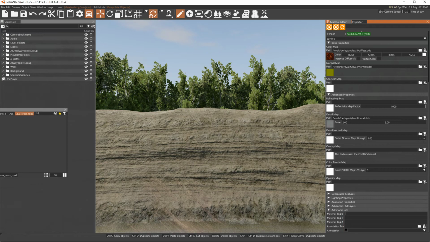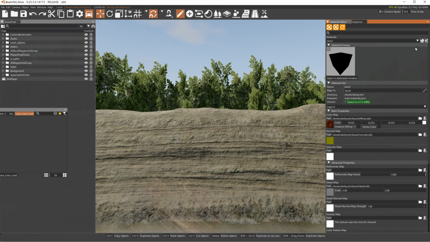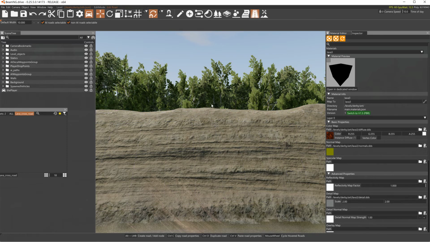the first one, well, one is 0. Put road and path with capital R, capital A, capital P. And then the next one, just put BeamNG, all lowercase. Lighting, you can turn on glow and anisotropic filtering and save materials. Now when you go to decal and you create a decal,